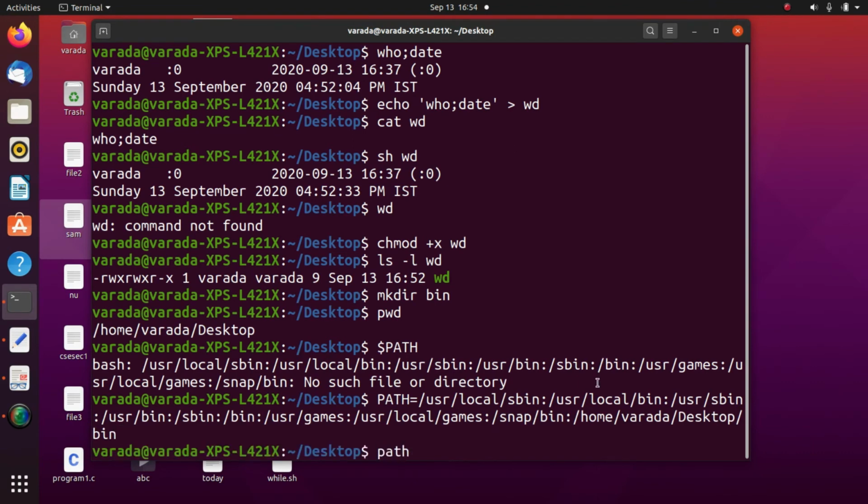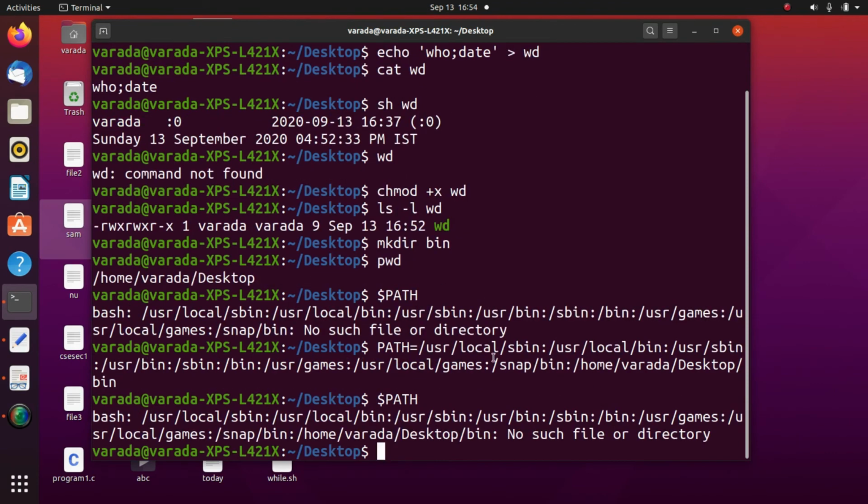So my new path includes my directory also, /home/desktop/bin.